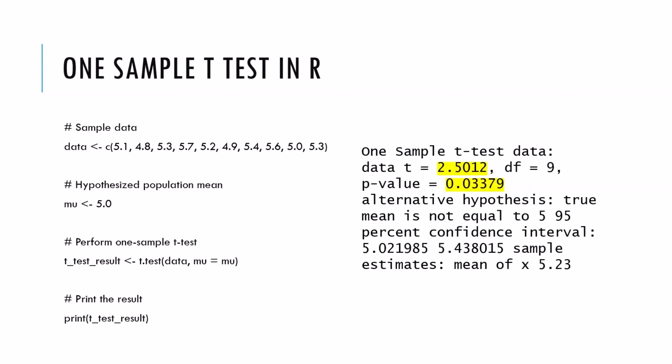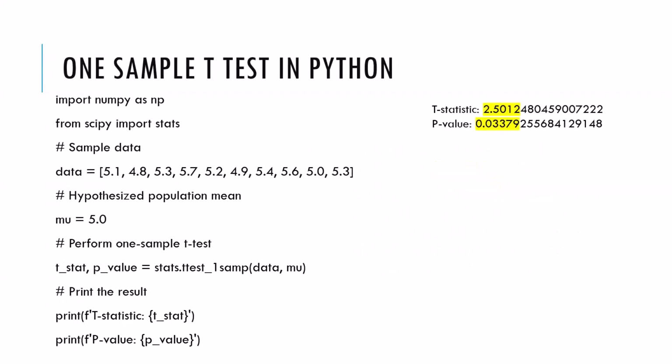Here's the code. For time purposes, you'll just have to refer to the notes page. I've got all of these examples in the notes page, but I ran this in R. We've got a t-value of 2.5012 and a p-value of 0.03379. And I ran it in Python, and as luck would have it, I got the same result. So that's good. If you're getting different results in different programs, that can be problematic. But on your own, go ahead and plug those numbers in or put your own numbers in and see what kind